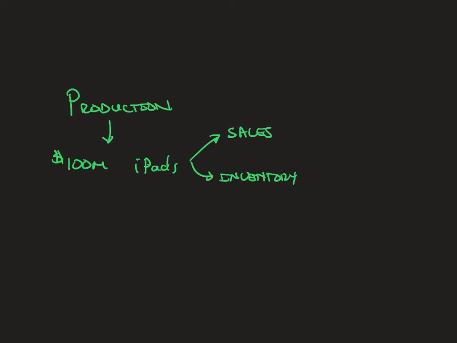So let's suppose that they expect to have in sales maybe 90 or 95 million. So they're going to expect to retain 5 million in inventory. That if everything goes as planned, they dump those last 5 million when they ramp up production for the next version of the iPad, right? So this is sort of their expected inventory right here,